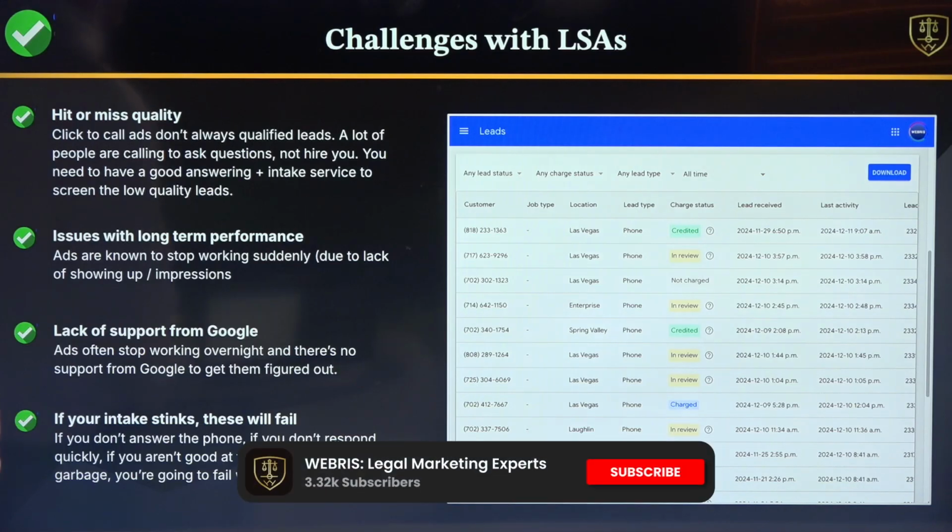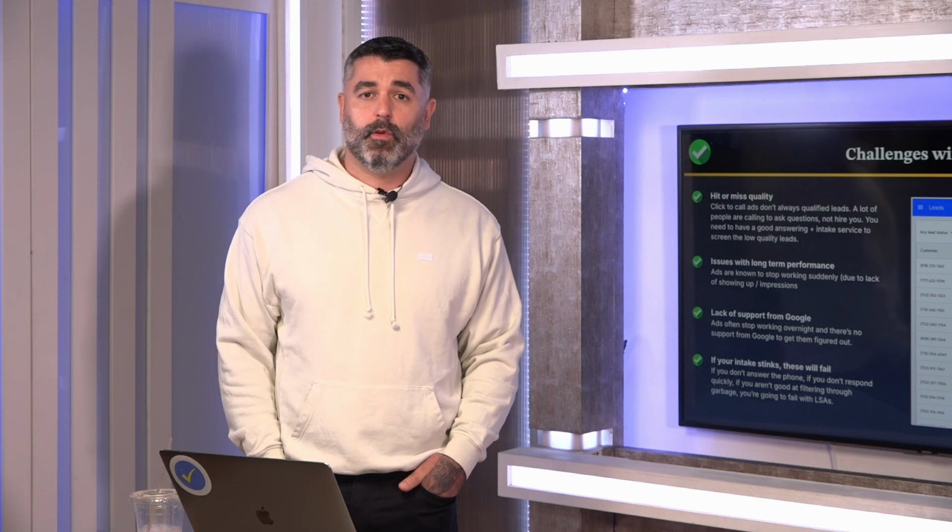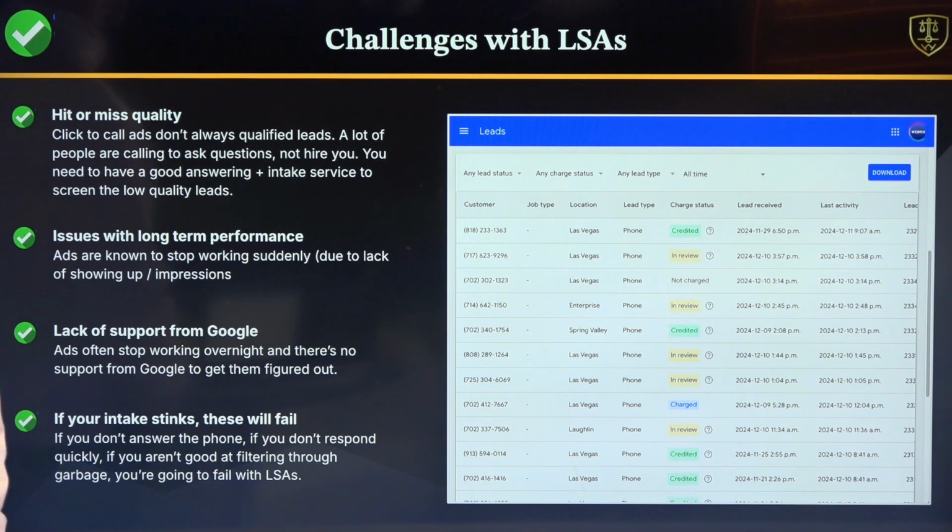So that's it on LSAs, some benefits, some how to use them. If you need help with your LSAs, again, I'm not going to charge you for them. I do them for my clients for free if you sign up for an SEO contract, because they are a coin flip, they're hit or miss. We definitely have some tips and tricks and secrets and hacks, if you will, because there's a screenshot from one of our LSA accounts. We manage hundreds of these accounts for our clients. We have access to hundreds of law firm advertising accounts. We're managing them currently right now. So we have a lot of expert insight and just boots on the ground experience with these things.